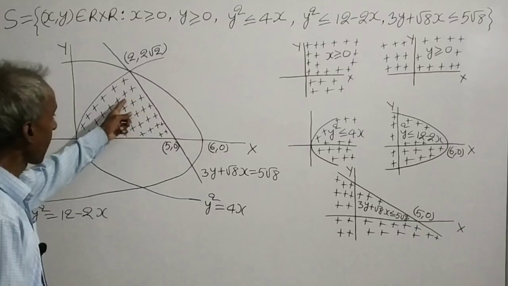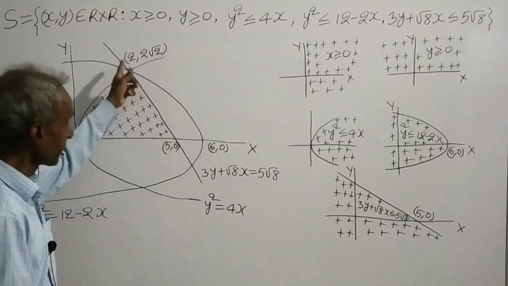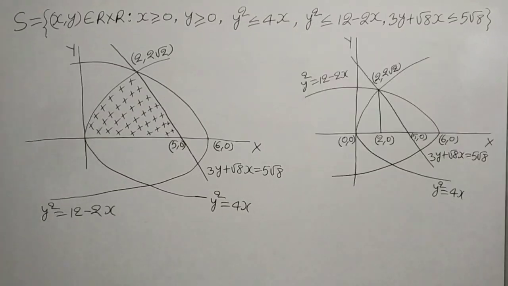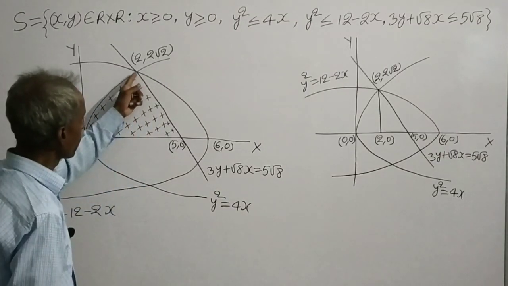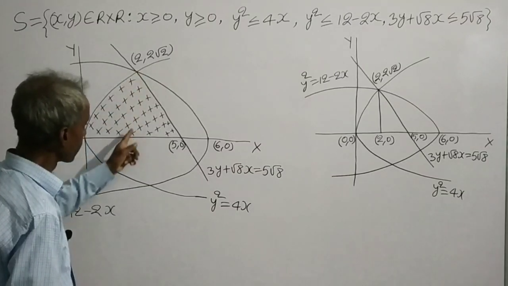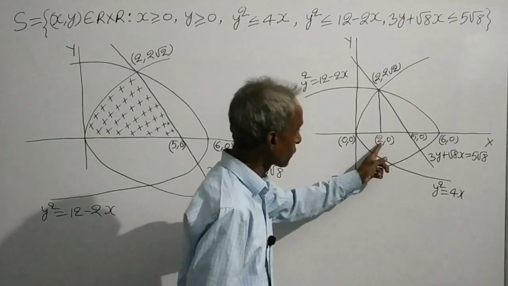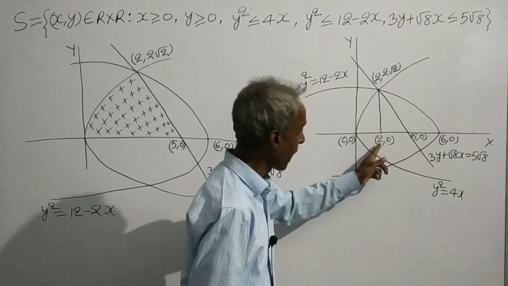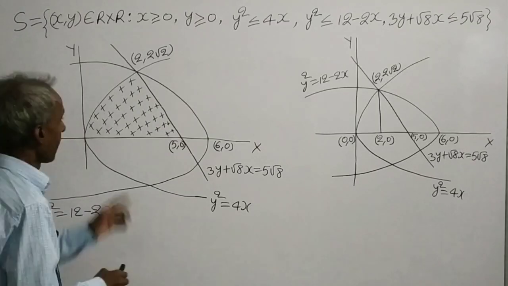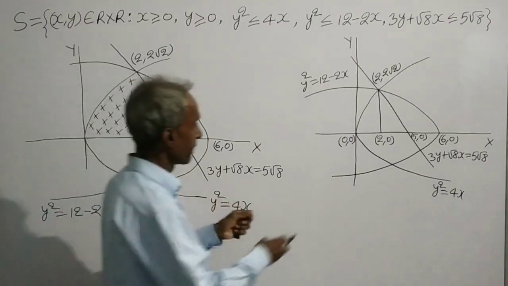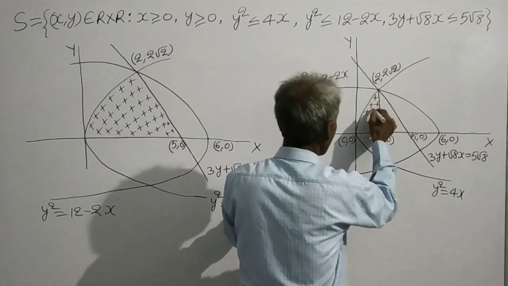Therefore, we have to find the area of this shaded region. If we draw a perpendicular from this point to the x-axis, then the coordinates of this point will be (2, 0), and we have to find the area of this region